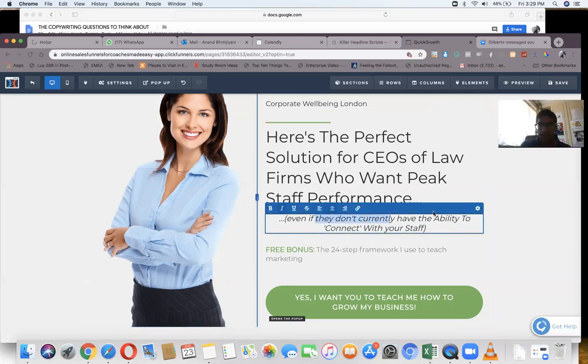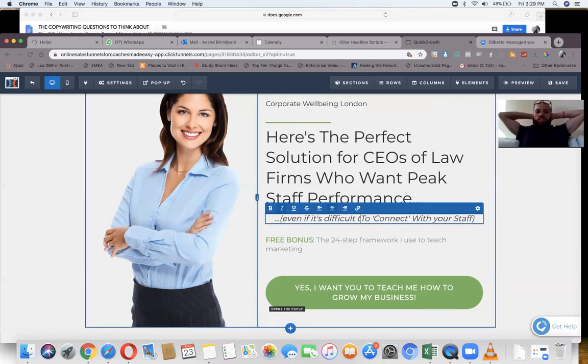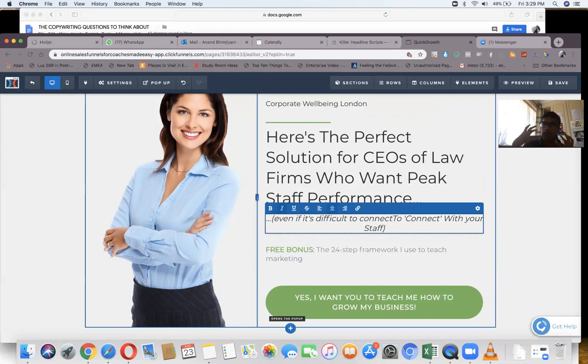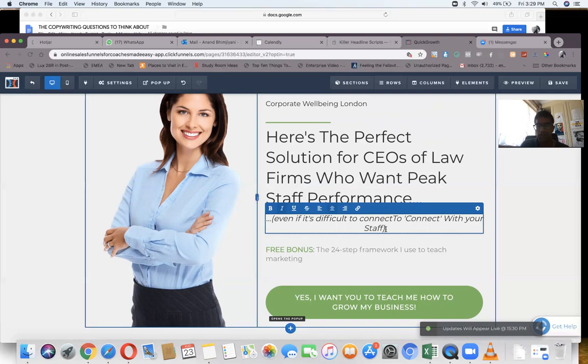Okay. So that would be their roadblock. It's difficult to connect with the staff. Whenever you write, always ask yourself, I'm that person in my niche who really has the problem that I'm solving. When they read this, is this going to do it for them, in terms of they're hooked and they want to know more, right? So just always bear that in mind. That's a good way to make sure you stay on track. So even if it's difficult to connect with your staff,